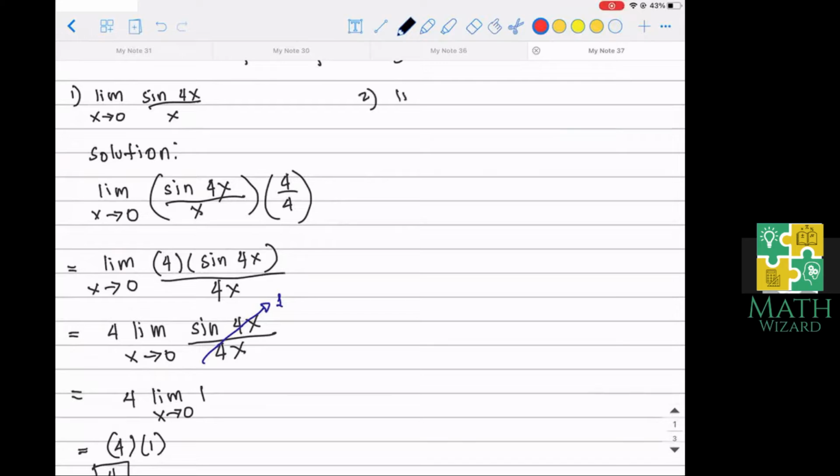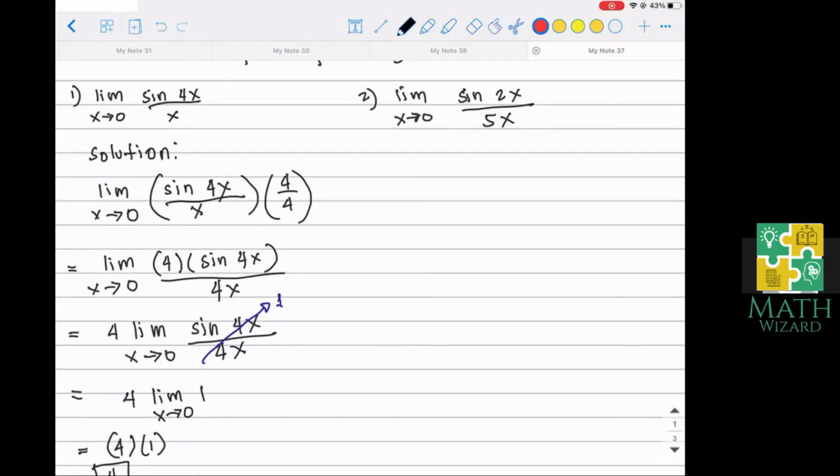The limit of sine 2x over 5x as x approaches 0. Again, kung isa-substitute natin directly ang 0 sa ating function, that would result to magiging undefined